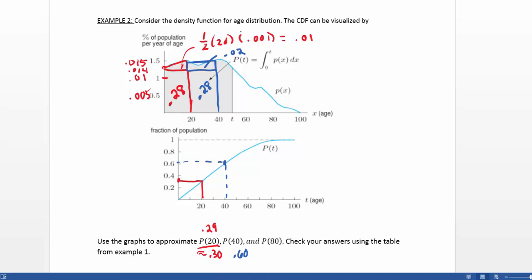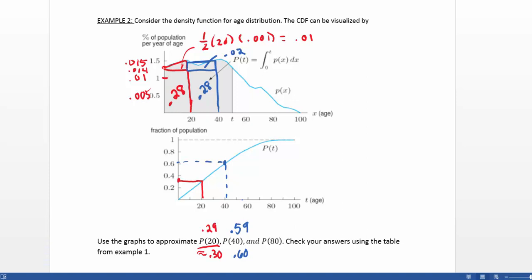My base is 20, my height is 0.001. So if I multiply those together, I'm going to get 0.02. So remember, I have to add up all four areas now, right? So all the areas that I had up until 20, which I know was 0.29, plus another 0.30, that's going to give me